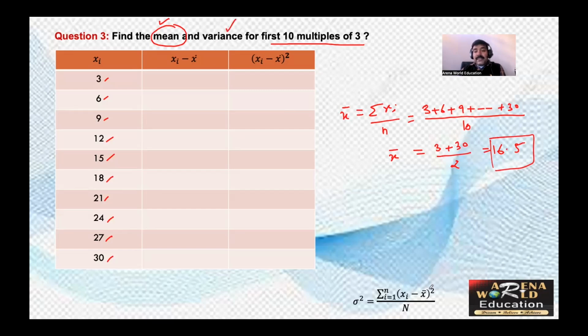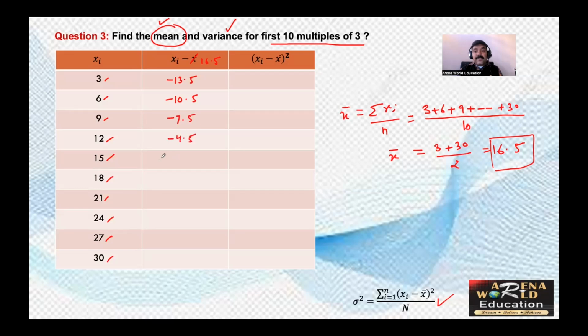If I talk about variance, this is the formula, right? And x bar is already calculated. It is 16.5. So now we will find the difference of each xi with 16.5. So 3 minus 16.5 will be minus 13.5. 6 minus 16.5 will be minus 10.5. Then 9 minus 16.5 will be minus 7.5. Then 12 minus 16.5 will be minus